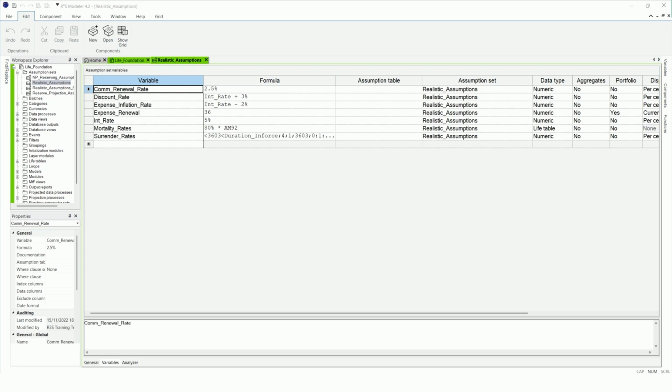Assumption set variables within an assumption set can be set up to receive values from an external source. It does this by connecting to databases that contain the values of the assumption set variables at runtime. For example, Modeler can read assumptions from Microsoft Excel workbooks, Access or SQL databases.